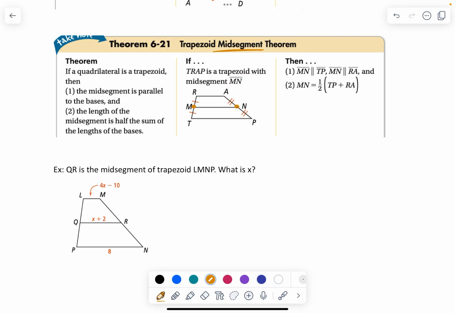What happens is the midsegment is half of the sum of the two bases, the average. So TP is one base, RA is one base. Notice right here, TP plus RA divided by 2 is equal to MN. Or in other words, the midsegment